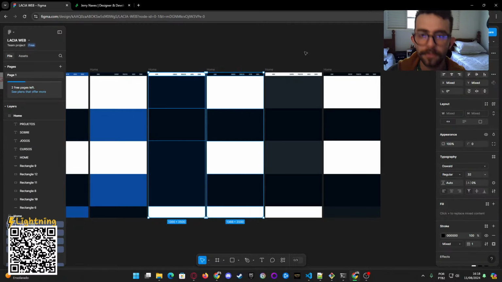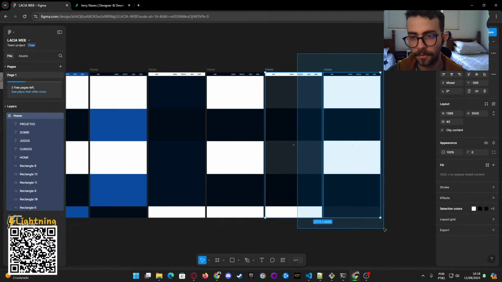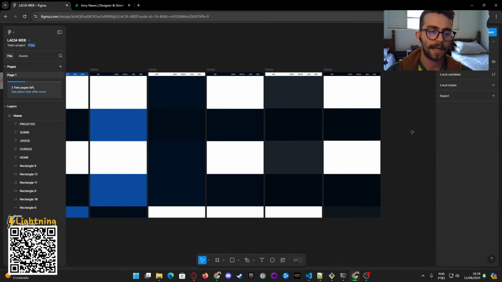I pick these two, make this. I pick these two, make another one. So I will get a list of things I like and it's nice to put in this design, right? So you compare the last one with the usual one, the screen of right now.